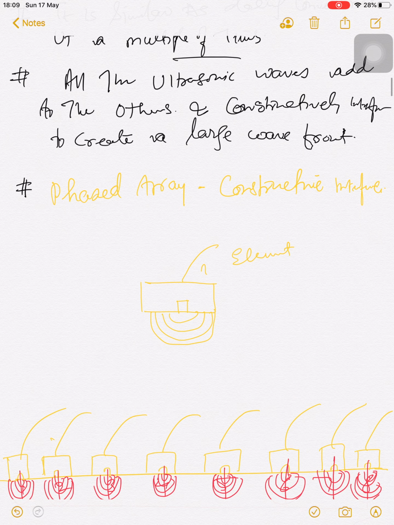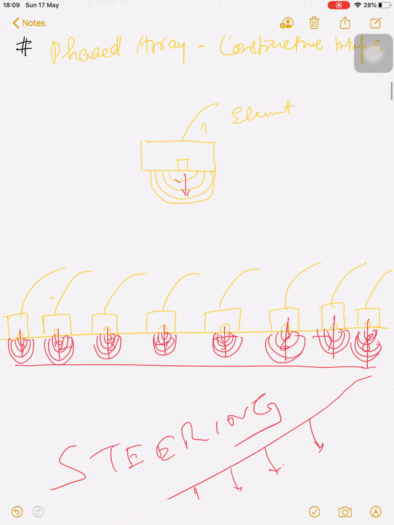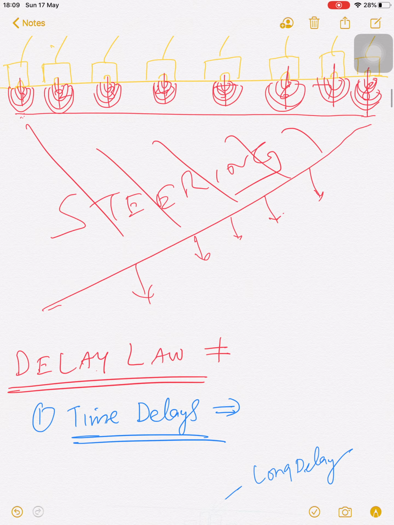Phased array uses constructive interference. If you see the constructive interference, like if this is the array of elements, how it is going to pass like this, and these are the delay times. So if it is going like this, and the next one fires after that, steering will be like this. Because the first element fires here, so it is going like this, and this is the last, so it is going to cover like this. Okay, these are the steerings.